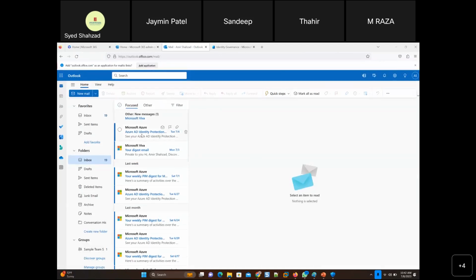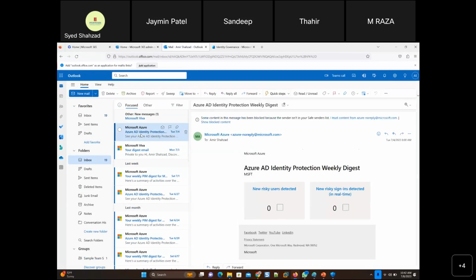And identity protection. Tuesday, of course, on that's old. Identity protection is also a very interesting report that you will always get when you're a Microsoft 365 global admin, showing who the risky users and which are the risky sign-ins. Whenever this report shows one or two or three, always follow up and check which user Microsoft thinks is a risky user.